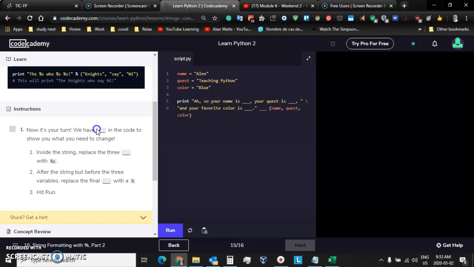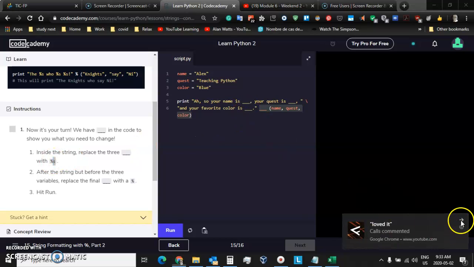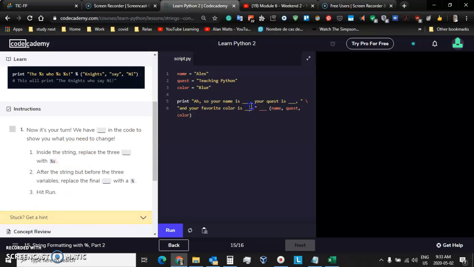So now it's your turn. Wherever we see the underline, we need to put in our own code. So we have underlines here. So let's put in our own code. For the first three, we're going to indicate that there are placeholders there with the %s. So let's go ahead and do that. %s, that's your first placeholder. Second placeholder, %s. And then I think we have one more placeholder here. There it is,